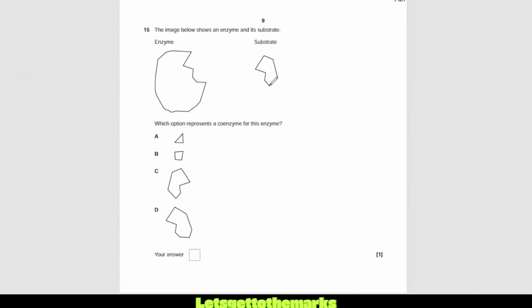Oh, look, straight away, if you take this triangle and you add this triangle here, guess what? It is going to make that fit so much better. Look, that now fits perfectly. Unless you either add it on there or it locks in there and then that fits perfectly. It makes a better fit for the substrate into the active site, a more snug fit, in which case this breaks down faster. So the coenzyme is going to be A.